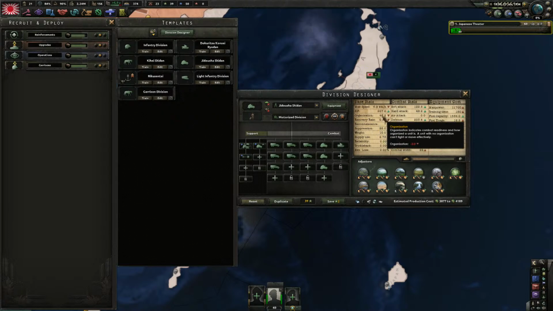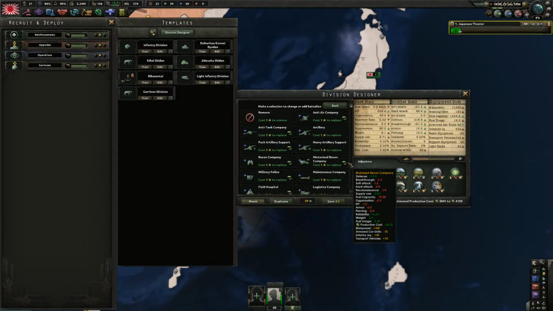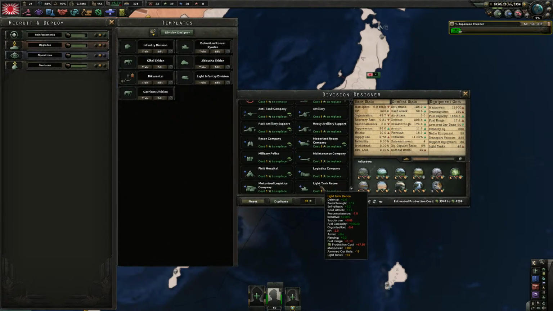It makes our organization go down a little bit. It increases our breakthrough a significant amount, just having that one armor. Now, what if I changed this to light tank also? We would get a little bit more breakthrough. Our armor would go up a tiny bit. That could make the difference between